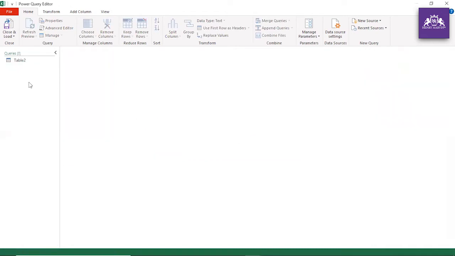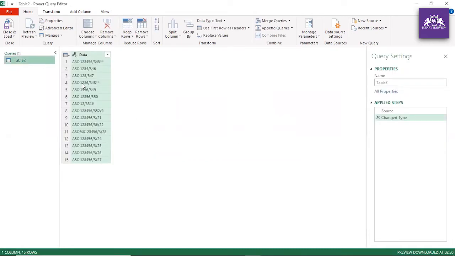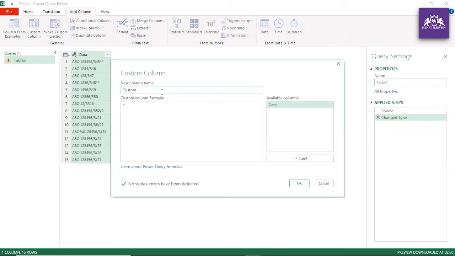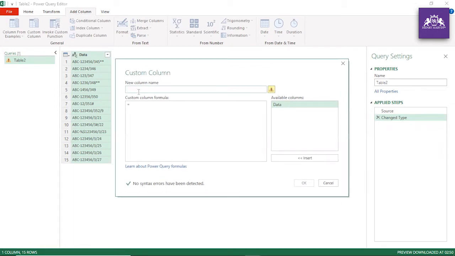Maybe let me not get you confused first. Let me delete that. Suppose after we have loaded this data, we have to go to Add Column and Custom Column, guys. Okay. All right. So guys, before I tell you everything, you first have to find out what you are actually trying to do here. We are extracting only numbers, so you have to give the function a good name, like All Number, or maybe you can call it Extract Num. This is my function name.